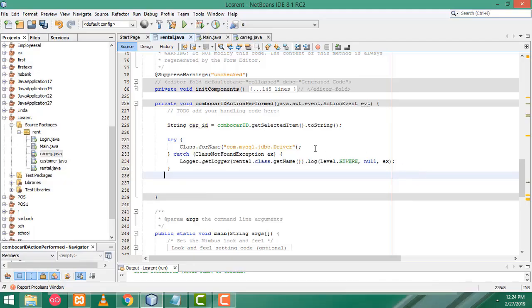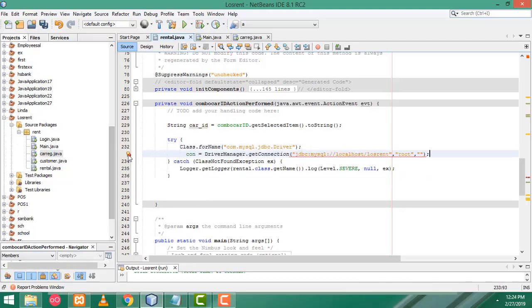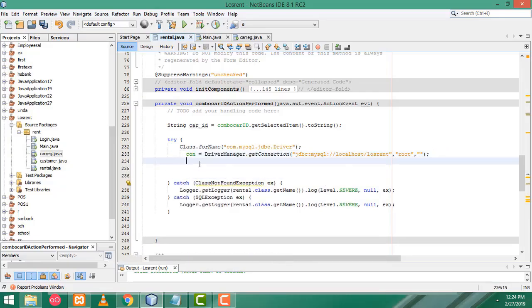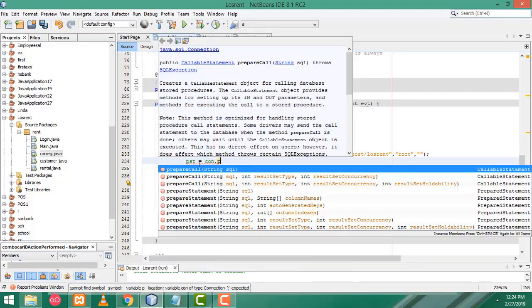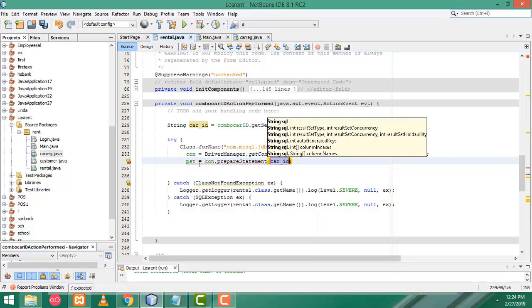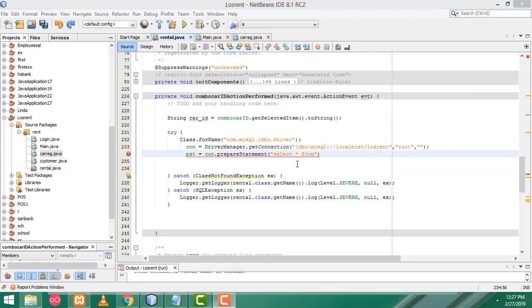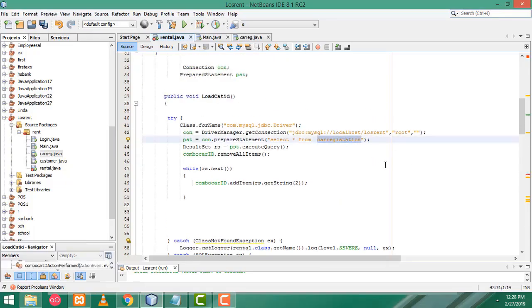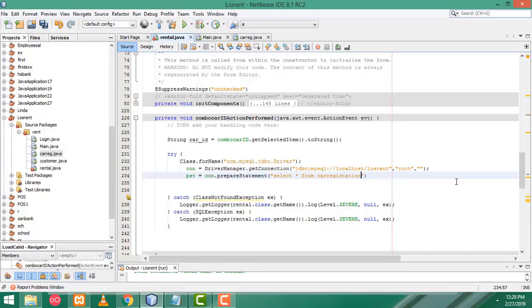Cut off this one, paste it here. This one should be catch. Right. Here I'm going to write again pst equal connection dot prepare statement. Here we have to write as a select all from, here I'm going to write as a car registration. So Ctrl C to copy this table name, you have to paste here, and where